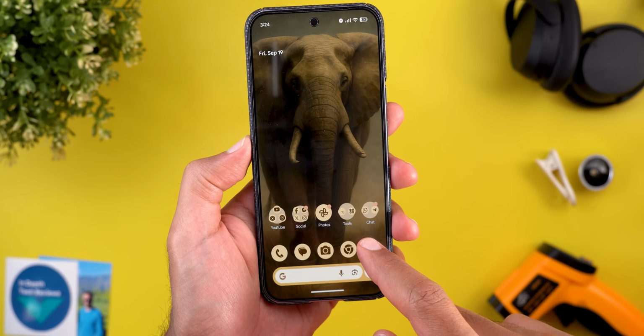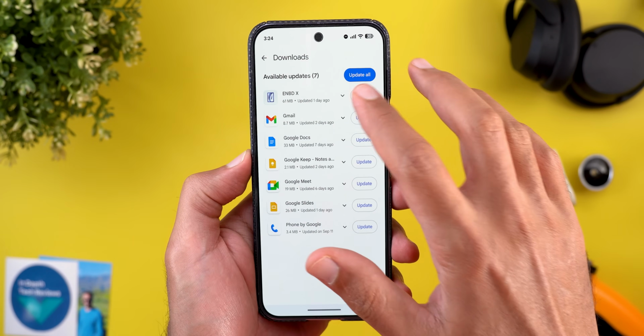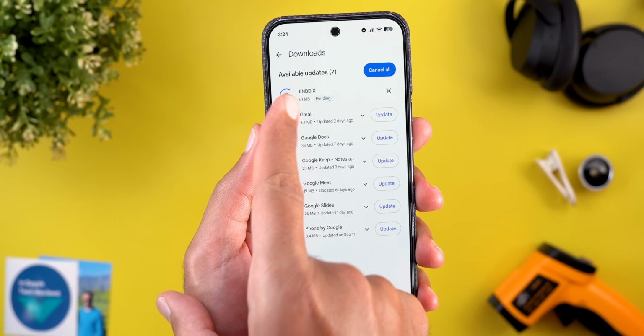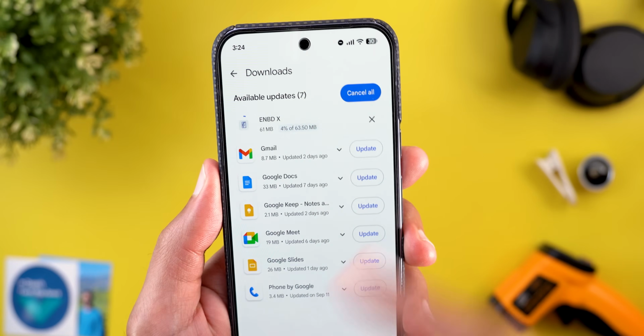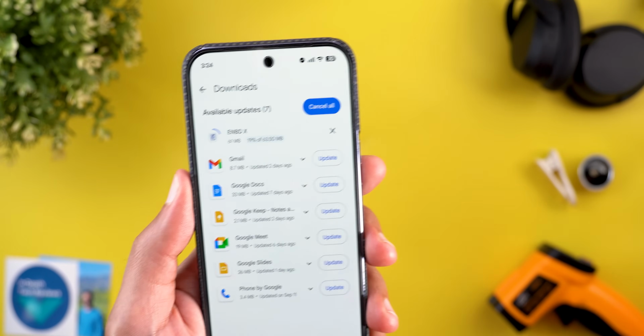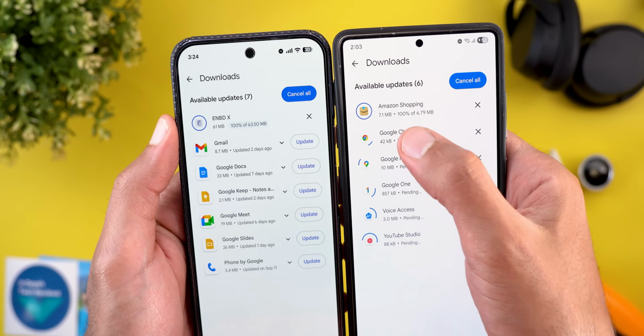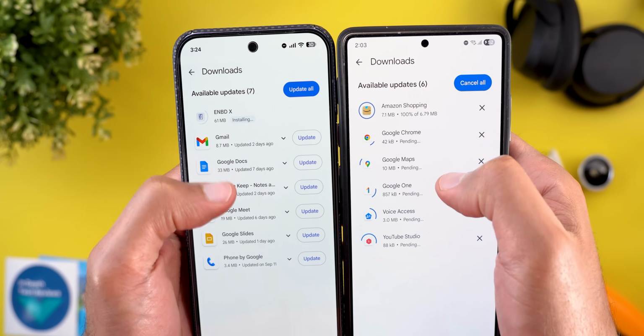And the same applies to the My Apps page. When you try to update any of your apps, for example, when I tap on this one, you will see that the status is now highlighted, same as the percentage and the size of the app. When you compare this to the previous design I have here on the S25 Ultra, you can see the difference